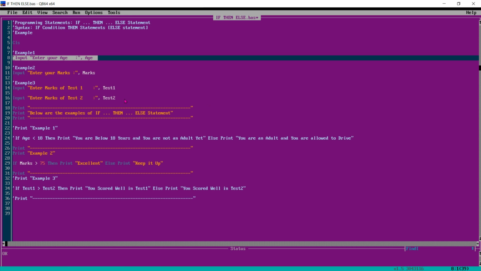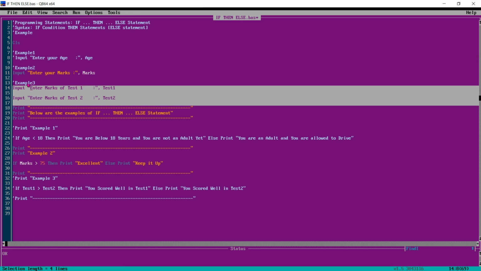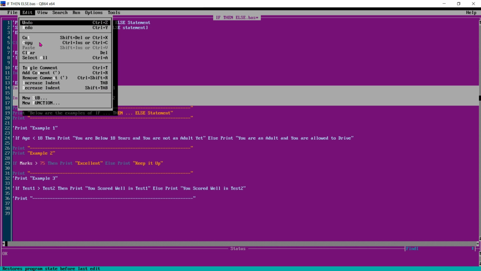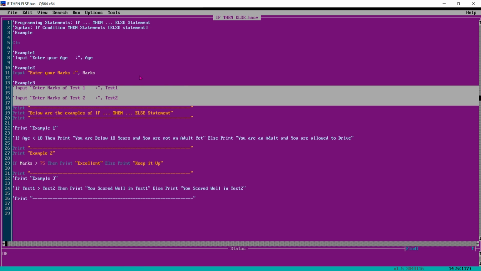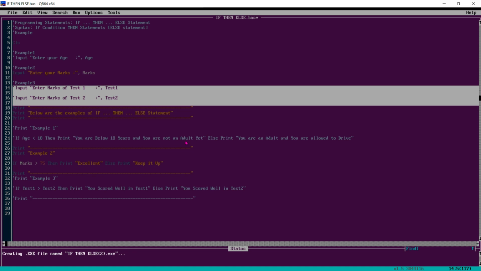Comment, okay, and example 3 as well. So we have only example 2 in place. It will ask enter your marks, then it will check the condition. If your marks is more than 75, then excellent, else keep it up. Let's see.